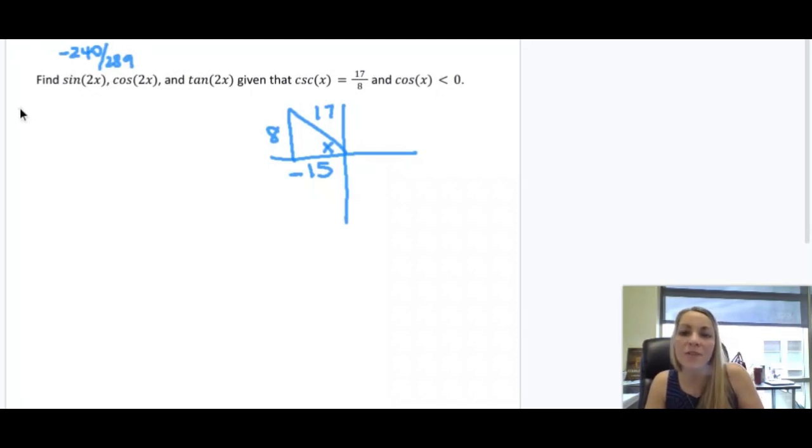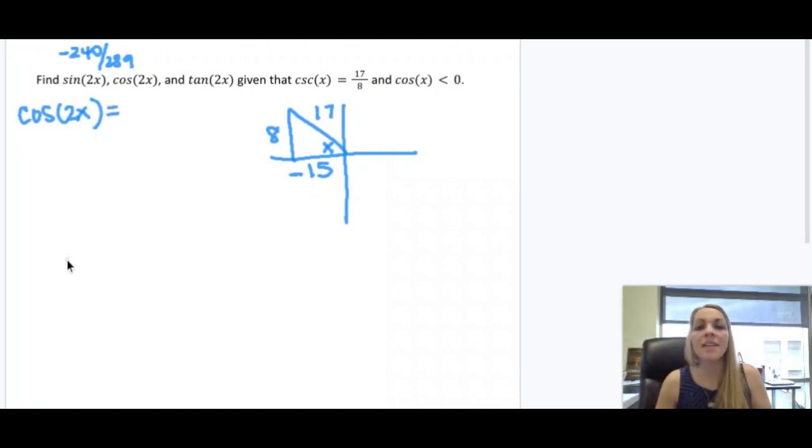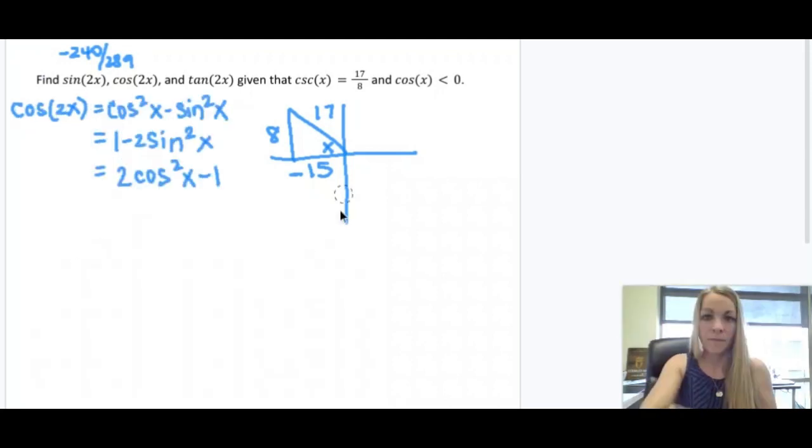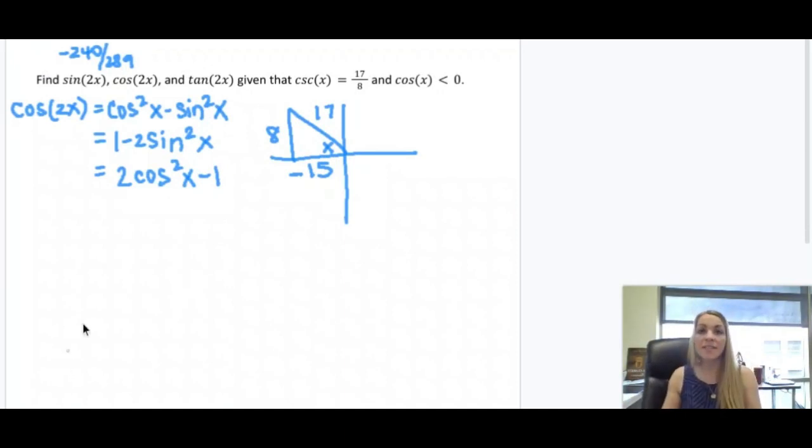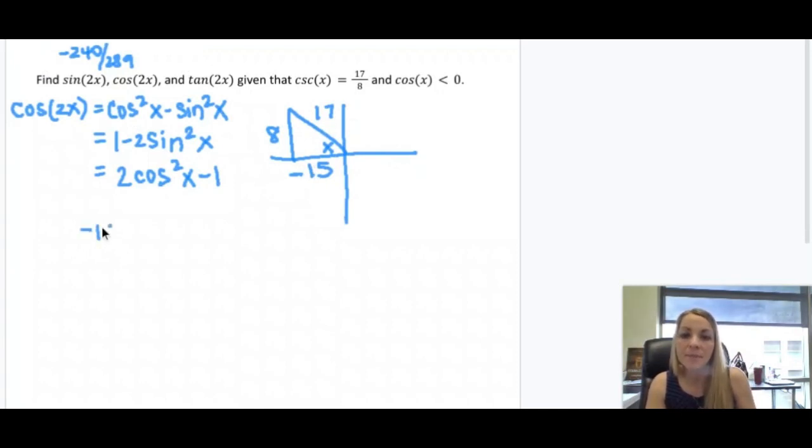Now I'm going to find the cosine of 2x. Now what's fun about this one is there's 3 different ways that cosine of 2x likes to present itself. So I'm just going to take a moment to write down the 3 different ways that you can do that. So here are the 3 ways that cosine of 2x can be written. And what's fun about this is I can use any one of these and get the correct answer. So I'm going to use the first one. So what I need first is the cosine of x, and cosine is adjacent over hypotenuse, or negative 15/17. And I'm going to need to square that,